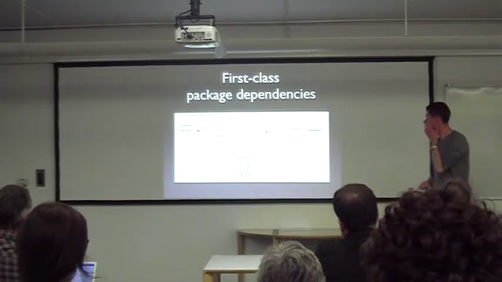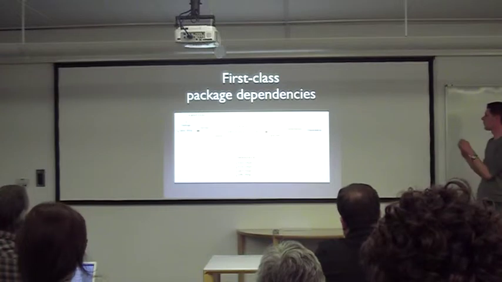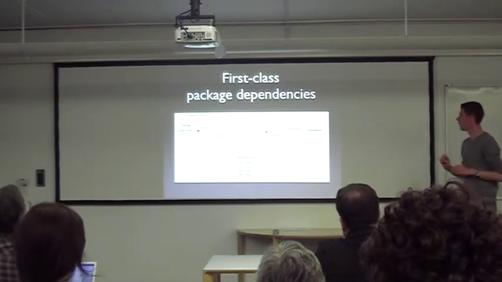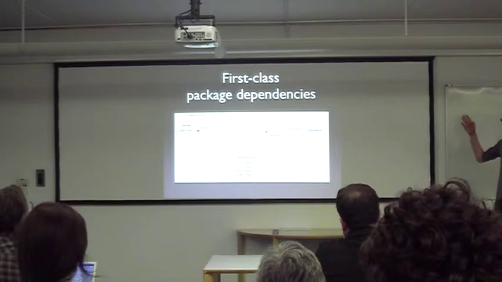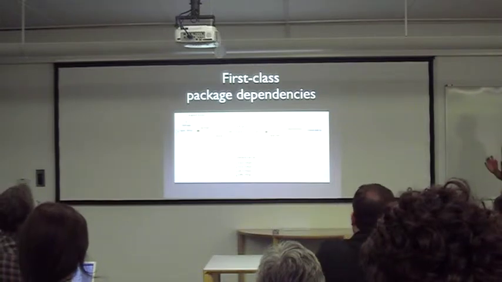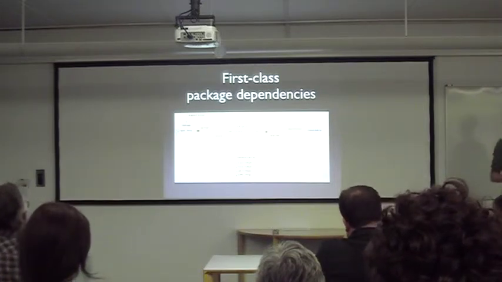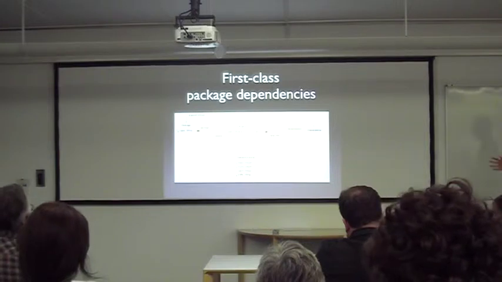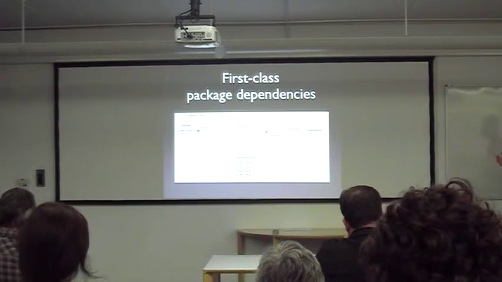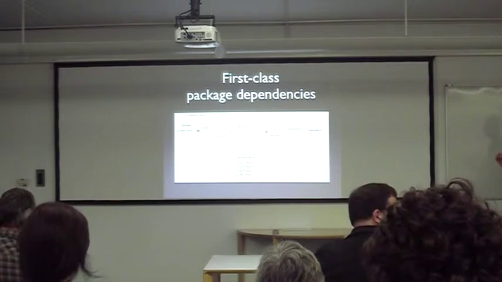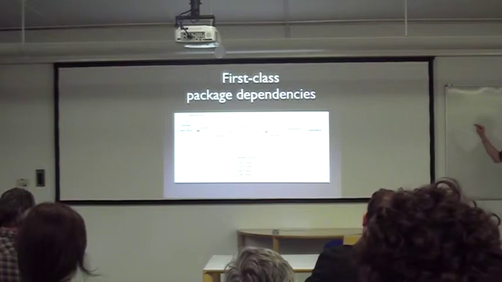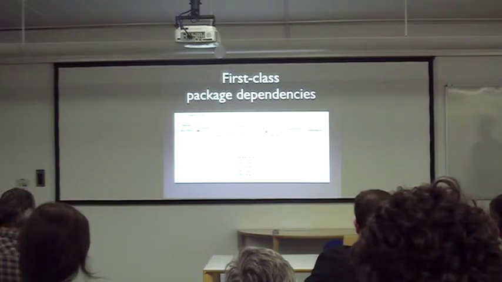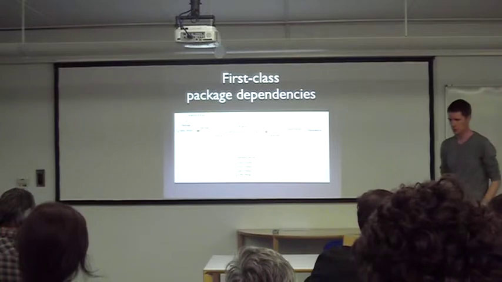I'm not sure you are able to read that, but it is really simple. I just define a package concept that has a name. The package may have many package versions. The package version has one version. And this package version has dependencies, or may have dependencies. And a dependency targets a package. It is really as simple as that.